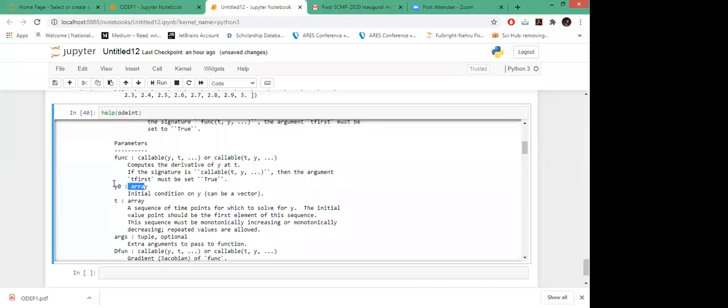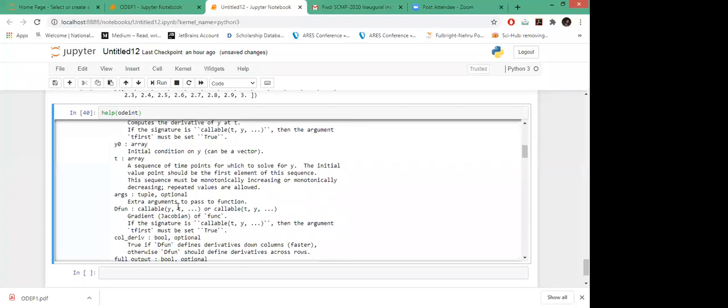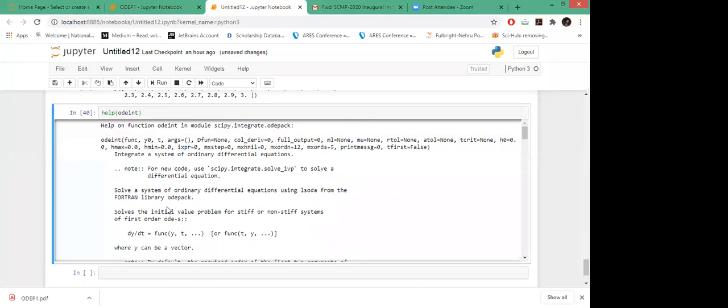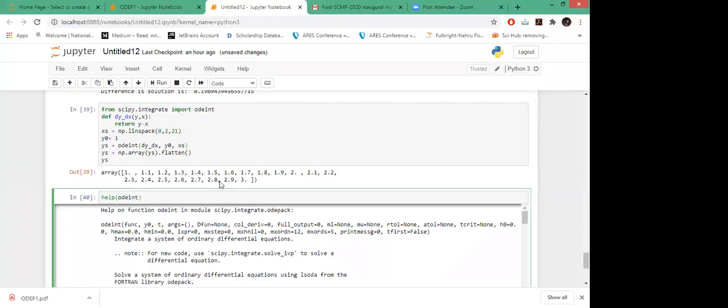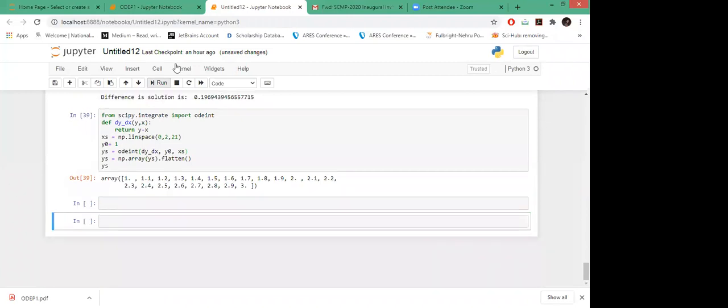Whenever you pass initial conditions, they should be in array form, along with your sequence. So whenever you get stuck, or you don't know how to pass an argument, or you get some errors while calling different functions, you can always use the help function with whatever function you want to know the arguments of.